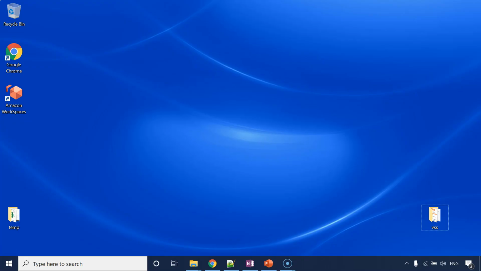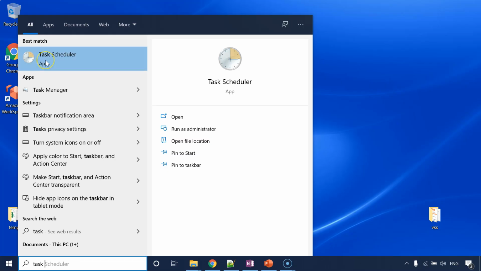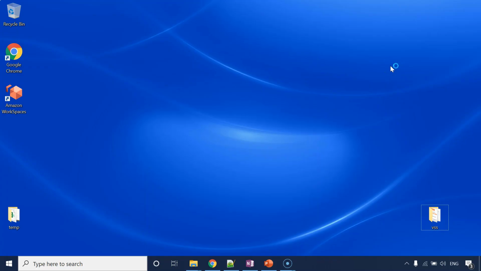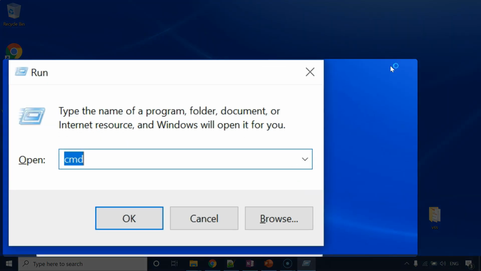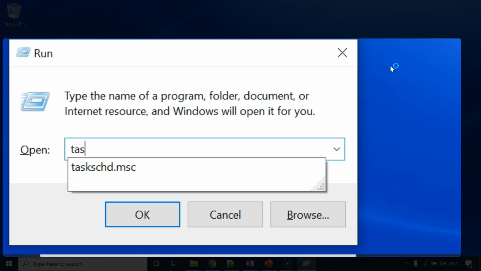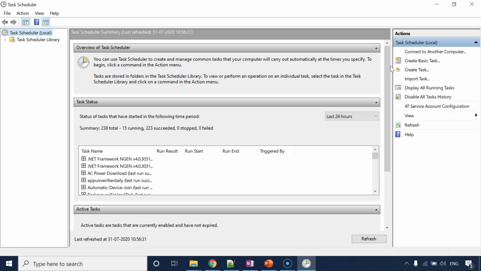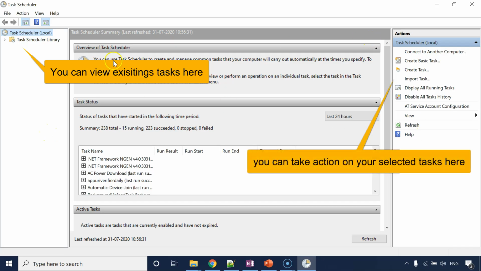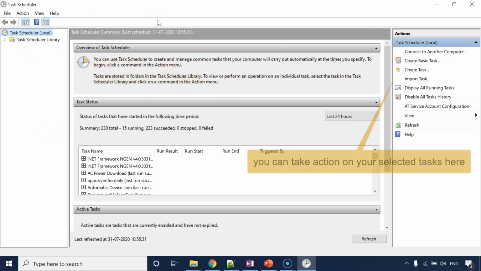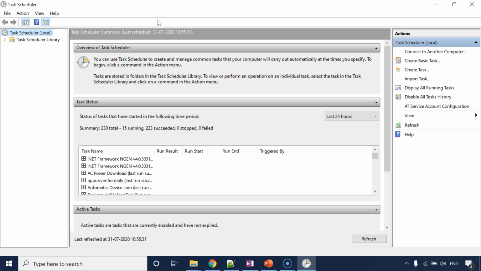In order to open Task Scheduler, either we can go to this Windows button, click here and type Task Scheduler, and you can see this program over here, or there's a shortcut available to you. Go to Run and type taskschd.msc, which stands for scheduler.msc, and it will open Task Scheduler for you. You can see a lot of options on this left side, right hand side, and in this menu bar. We will try to explore as much as we can in this lecture.